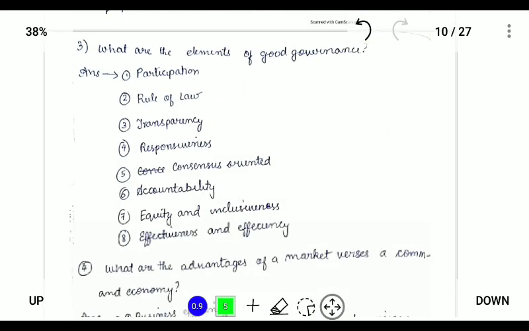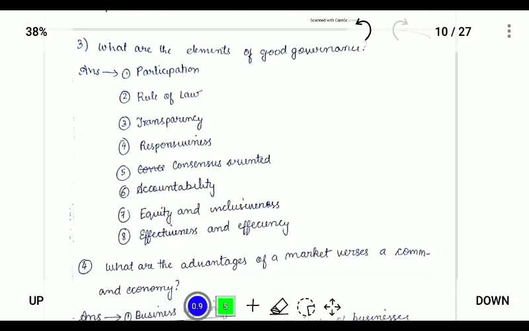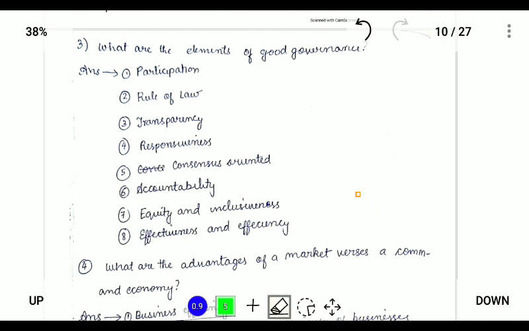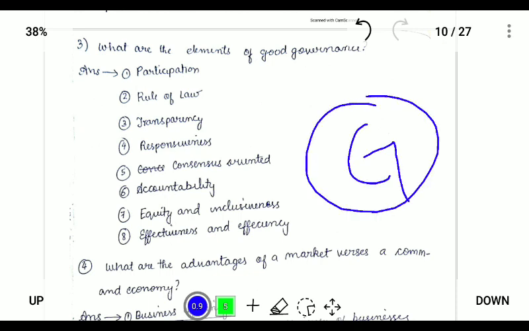What are the elements of good governance? So good governance is a governance in which a government uses the resources for the welfare of the people efficiently and judiciously. So good governance, the elements of good governance, that is what constitutes a good governance. What constitutes a good government is